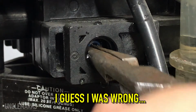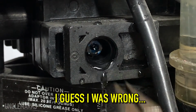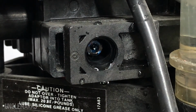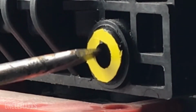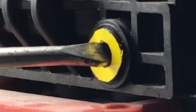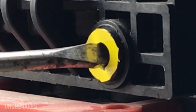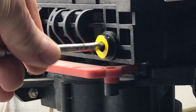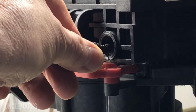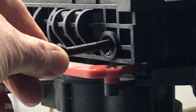Maybe this side doesn't come out. I'm going to say no. Let's go around to the other side. And we'll do this side here. Same kind of idea. I think all the pressure was let off the other side. Oh, okay. This is the side with the...